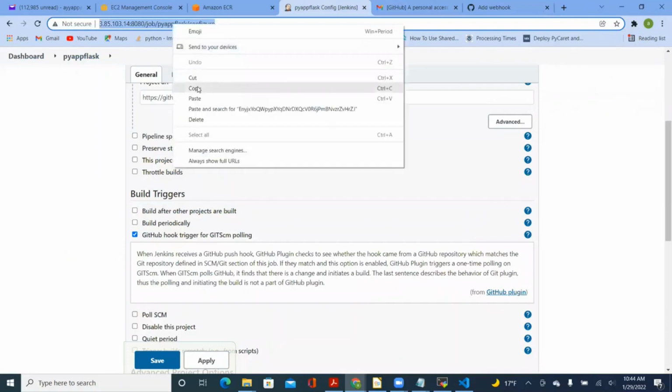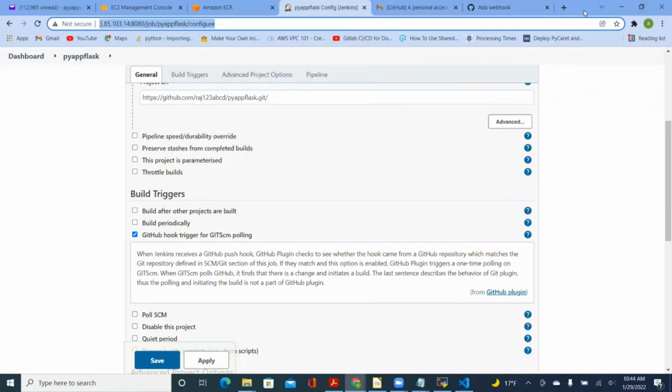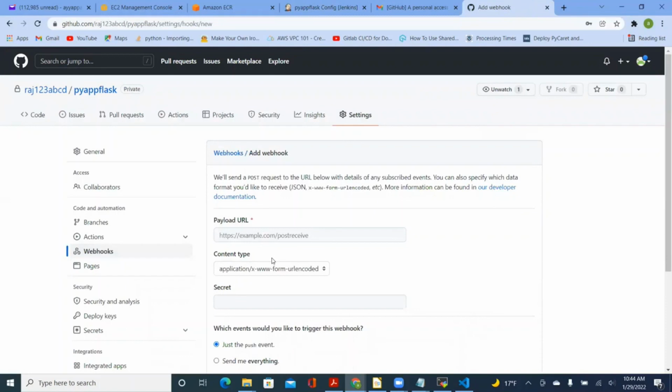I'm going to copy this, and since I'm using EC2 instances, this could change if I stop and restart the machine, but it's going to be the IP address :8080, the port on which Jenkins runs. And we need to add the parameter as